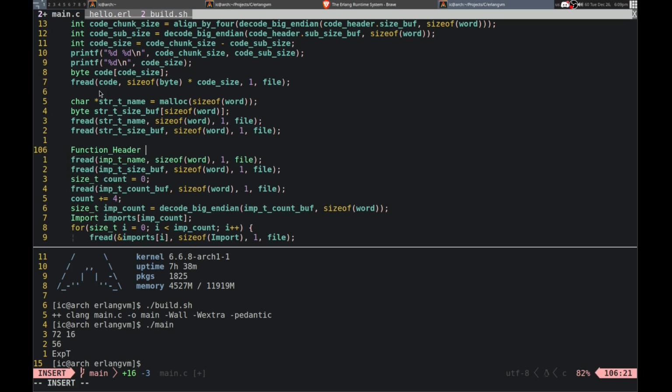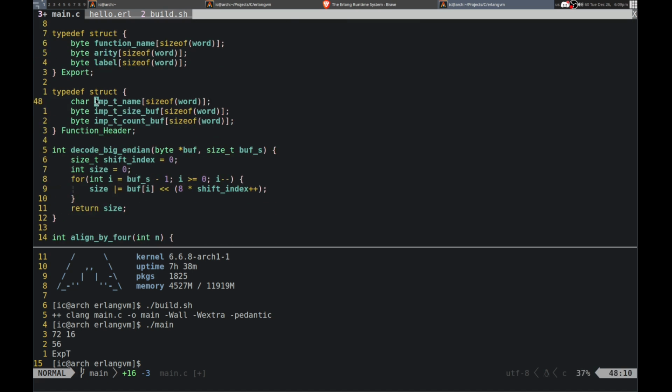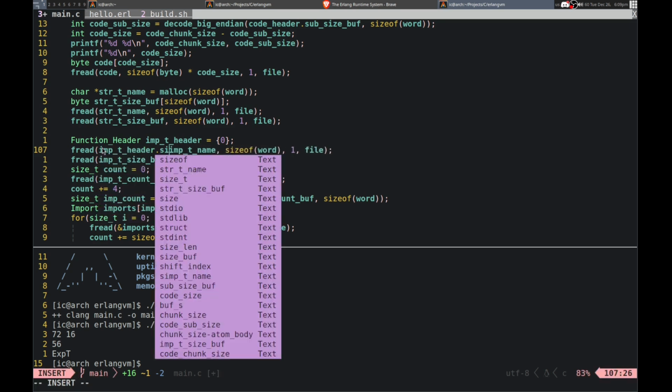And this will be empty. And we'll put that in here. Let me rename it though. So we have name, size buff, and count buff. Okay, empty header dot size buff.